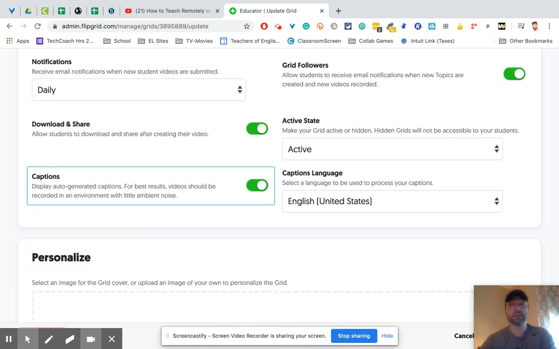But here is what I'm talking about. The captions. It means closed captioning. By default, it's off. So you need to click this green button for all of your grids or classrooms. I would recommend doing that just so all students have accessibility to captions. So make sure it's green. Once you do that,